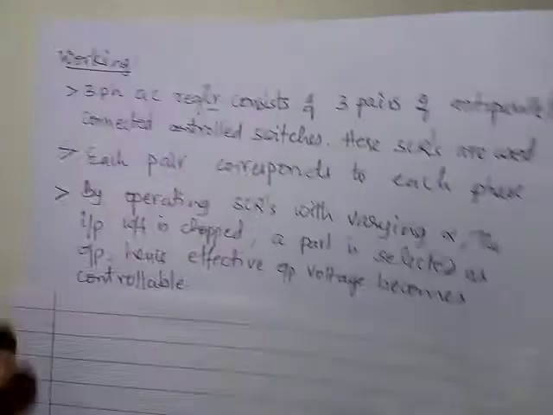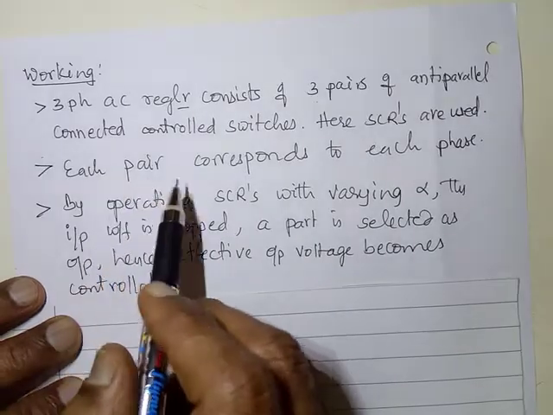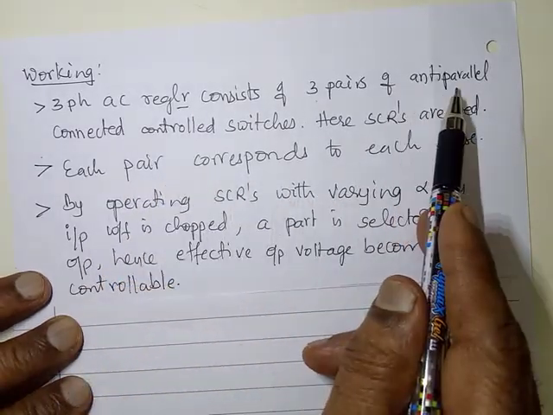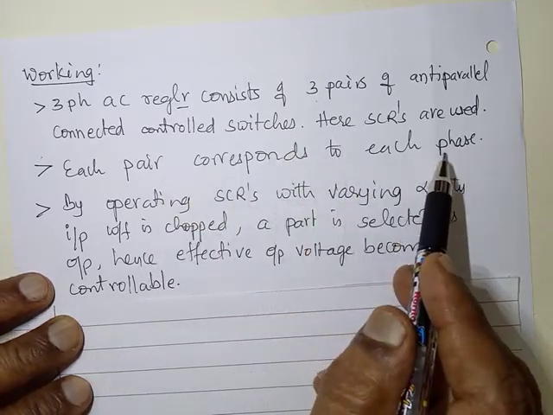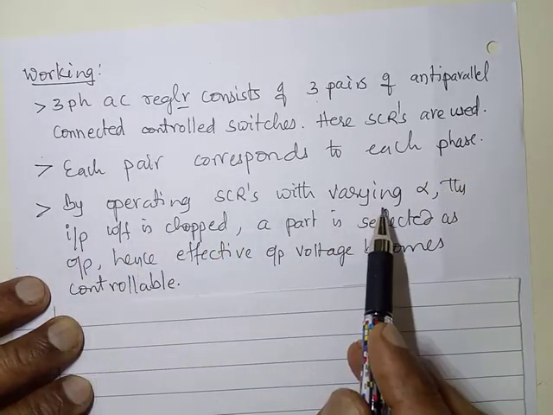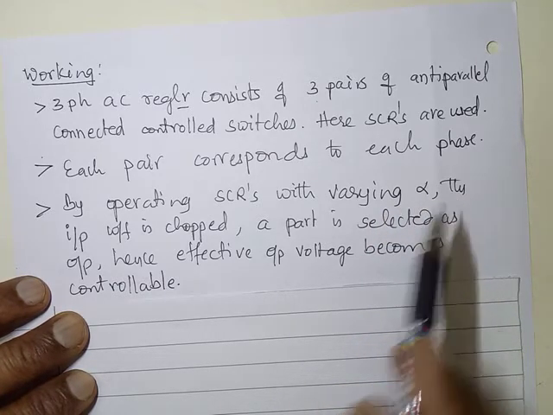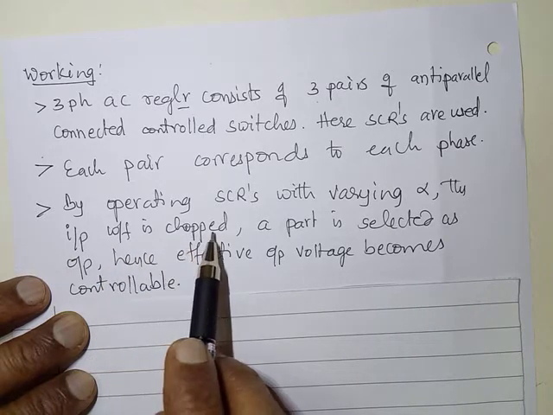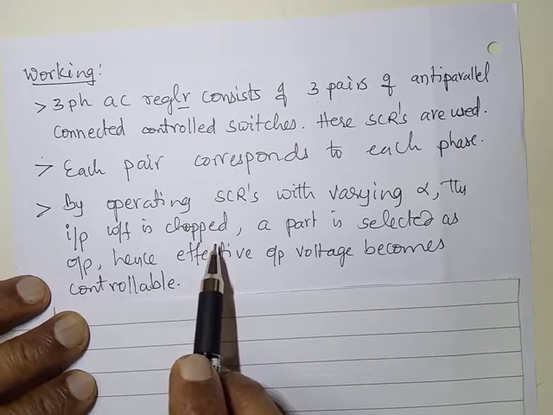The working of this: as I told, it consists of a three-phase AC regulator consisting of three pairs of anti-parallel connected switches. Each pair corresponds to each phase. Three phases, three pairs. These switches are operated with a pre-decided value of alpha. As a result, the AC voltage gets chopped, cut. Because of this, the three-phase AC voltage regulator is also called a three-phase AC chopper, because we chop the voltage,